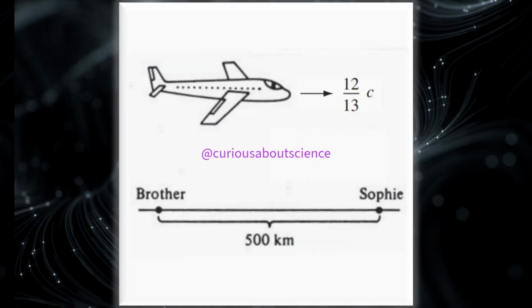All right, so of course, we like a good diagram. Let's note here on the diagram that our plane is traveling to the right at 12/13 c, so a large fraction of the speed of light. I'd hate to be on that plane. And we see that the brother and the sister are 500 kilometers apart. Not too far distance when we're traveling at that speed. So let's break it down even more. Our solution then